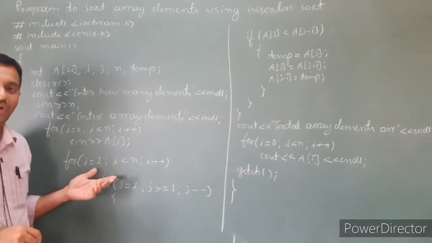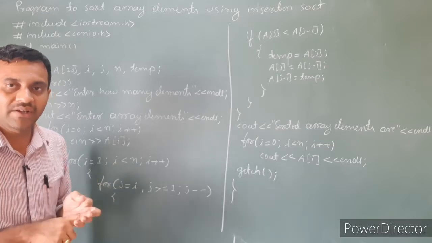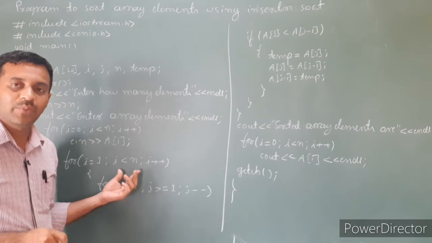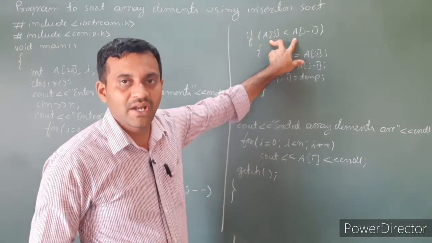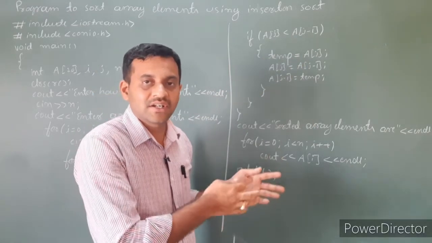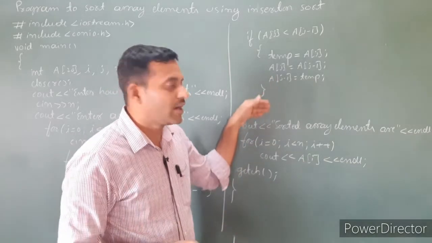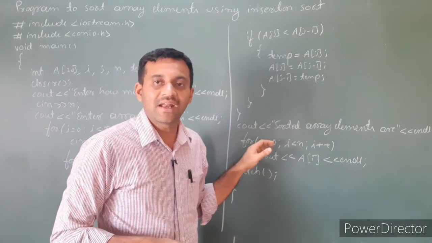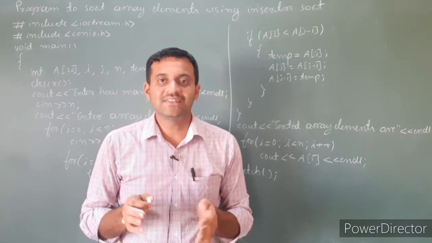Using a for loop, we have to access all the elements. Out of that, the first element is a sorted element. We have to access from the second element and compare with the first element. If the second element is less than the first element, swap the numbers. Like this we have to access all the unsorted elements, and also all the sorted elements. When both for loops terminate, display the array values. So finally the array is sorted. So this is insertion sort.